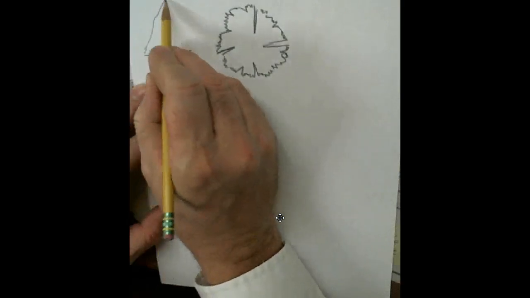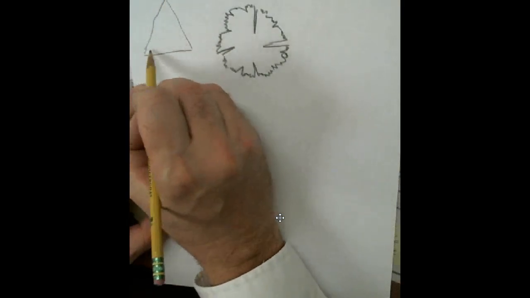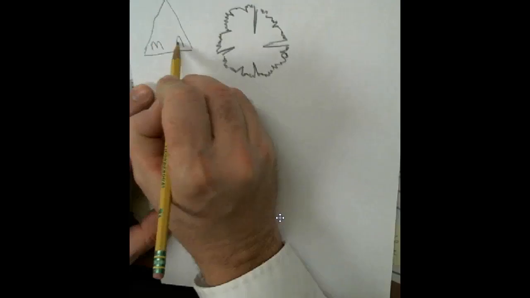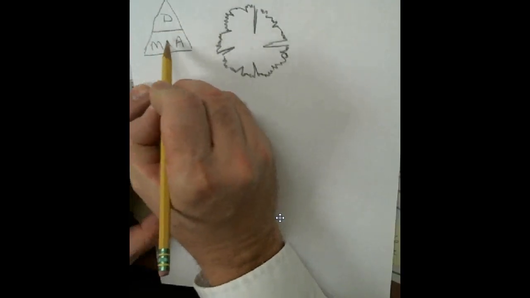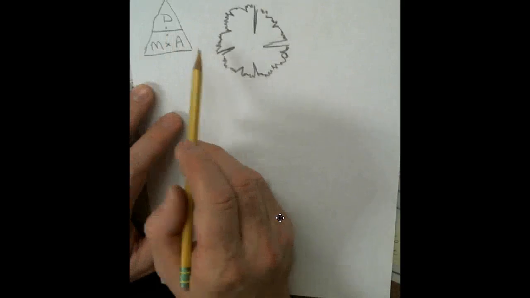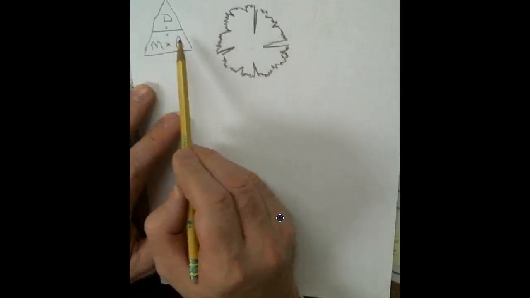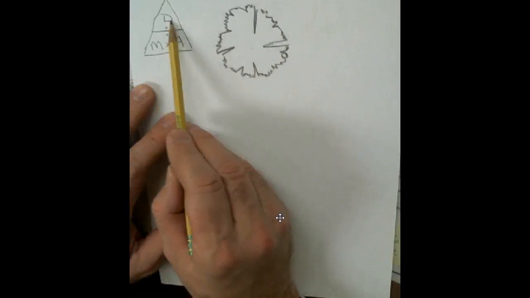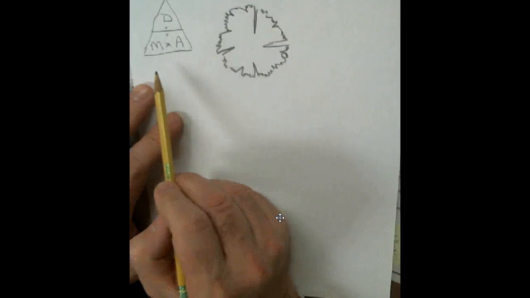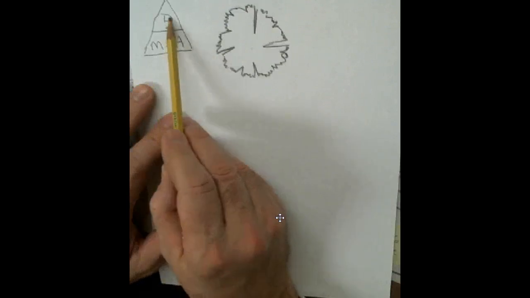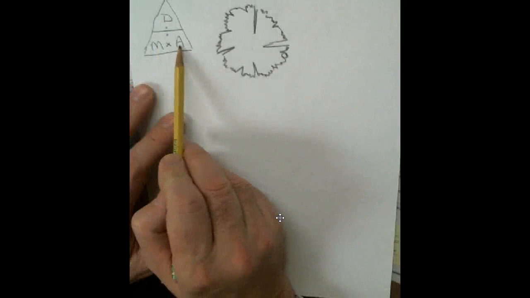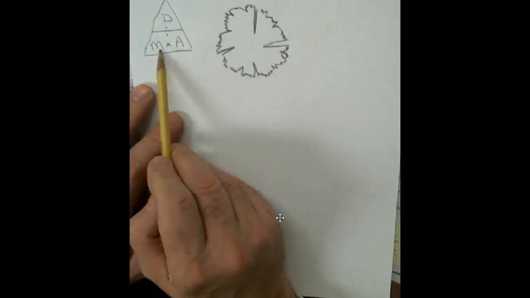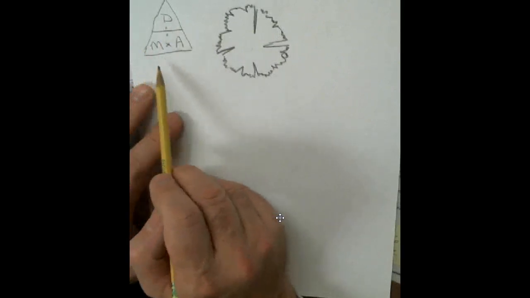We have magnification, we have the actual size, and we have the size of the drawing. For magnification, we divide the drawing by the actual. If we wanted the drawing size, we would multiply the magnification times the actual. If we wanted the actual, we would divide the drawing by the magnification. So we can use this little triangle here